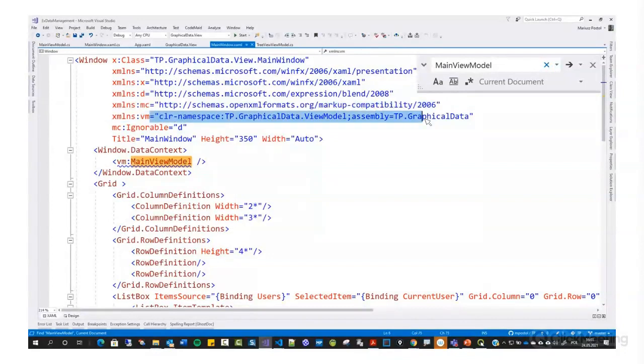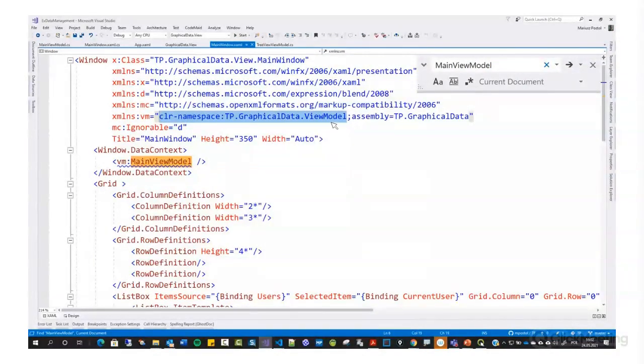namespace. From the XML, we can learn that it is a shortcut. It is the name that we can use to replace this long string. Instead of this long string, we can use a replacement. We can use these two letters as a shortcut over here. So in this line we can guess that the first